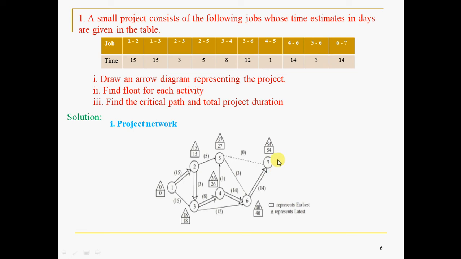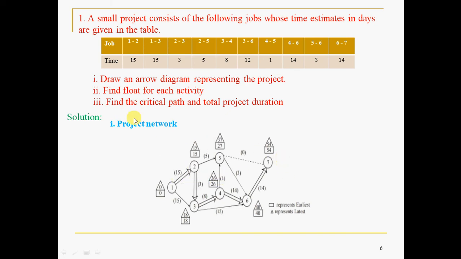As we discussed in the common errors of networks, if you leave 7 like this, that is called a dangling error, which is suspended or floating. Hence, to avoid that error, we connect 5 to 7 using a dummy representation, which consumes 0 resource. Okay, this is about drawing the network. Whatever is given here, the flow or sequence, we have represented by the arrows, nothing else.